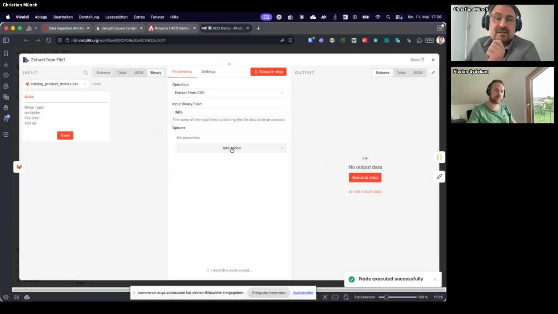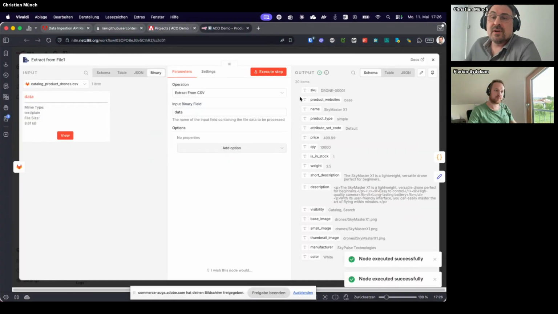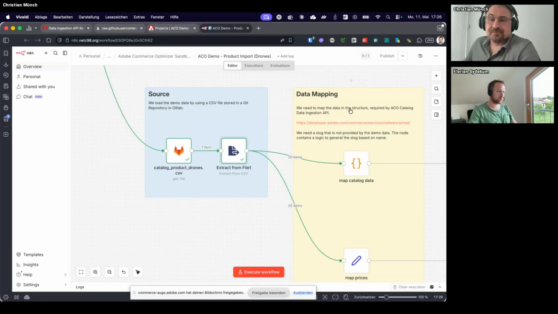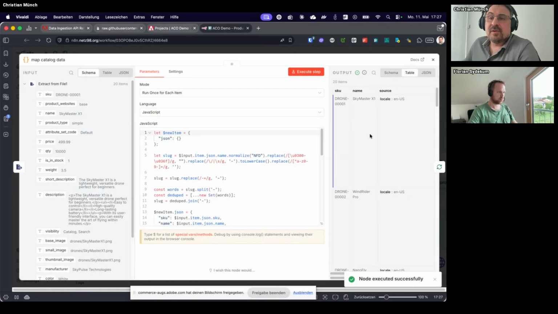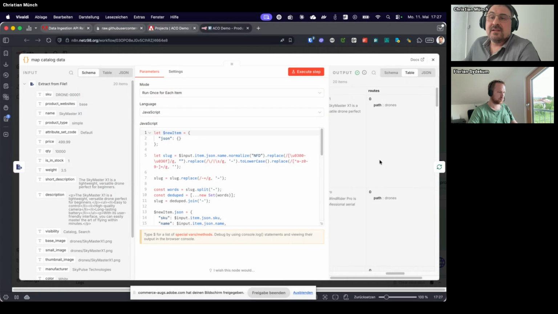So we can also test that here in the low-code tool. So you should see one item here. So it's a drone with the master data, and you see the price is here, like in a Magento instance. And what we do now is we split this data, so we need just the price for the price update, and we first have to set up the product and ingest the product without the price. That's why we have these two subflows here. First thing is it's mapping some data, and then we have here our data prepared in the structure ACO needs.